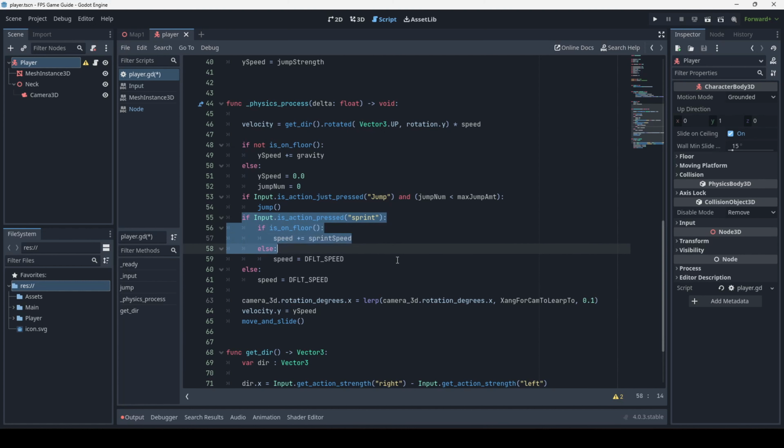Then we have our sprint action. So we check if we press our sprint keybind, and if we're on the floor, we'll add sprint speed to our speed. If we're not on the floor, then we'll set our speed equal to default speed, which is our constant, so it shouldn't change. And if we're not pressing sprint, then we want to set our speed back to default speed,